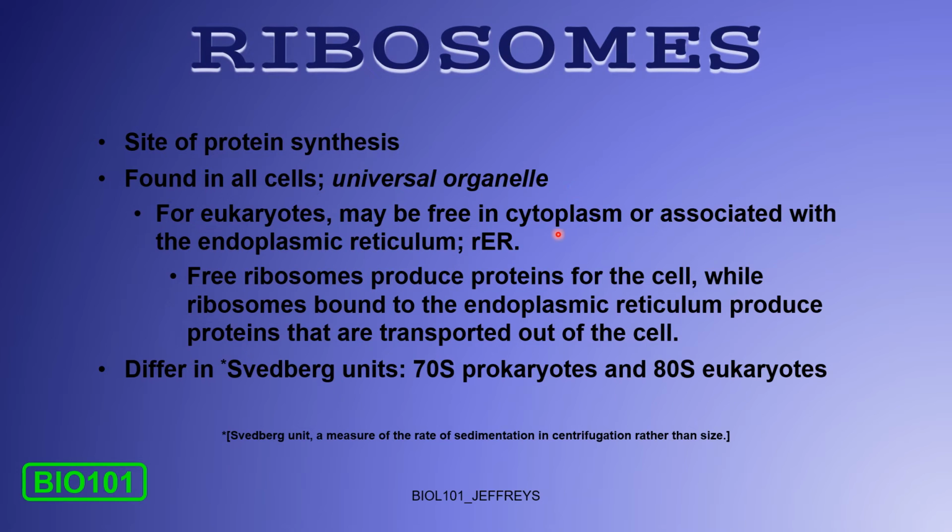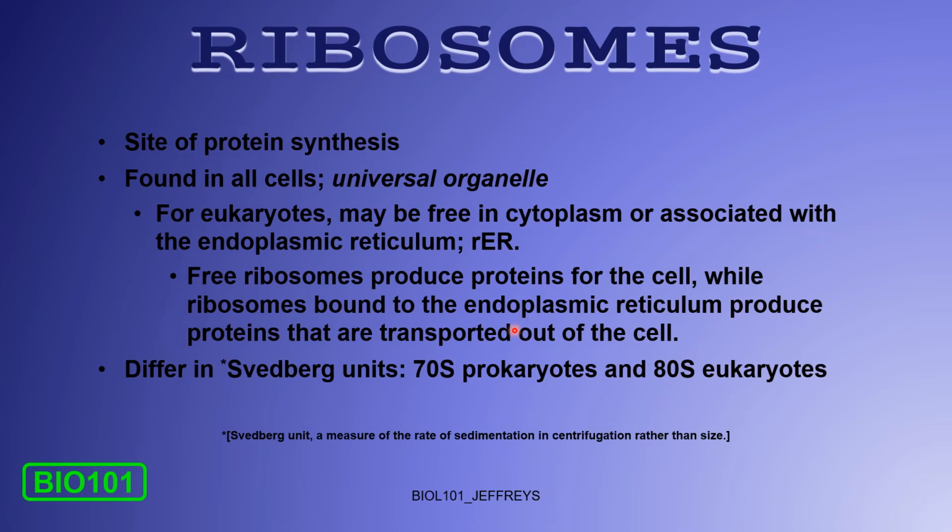So for eukaryotes like you, ribosomes may be free in the cytoplasm or associated with the endoplasmic reticulum. All right, we call that the ER, endoplasmic reticulum. And so free ribosomes produce proteins for the cell. Ribosomes bound to the ER produce proteins that are transported out of the cell. So if you have ribosomes that are free in the cytoplasm, they're making proteins that the cell needs. And if these ribosomes are associated with the endoplasmic reticulum,